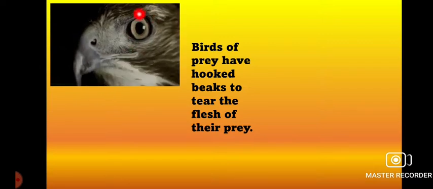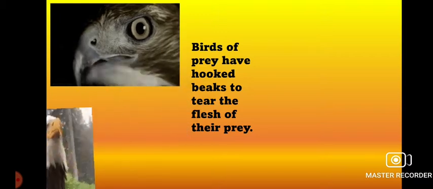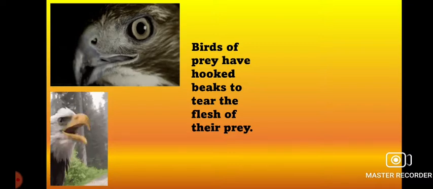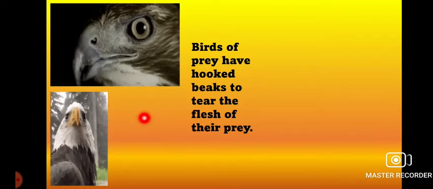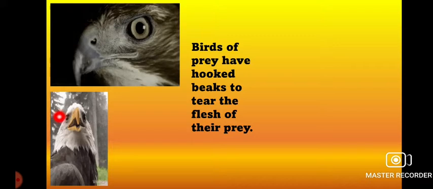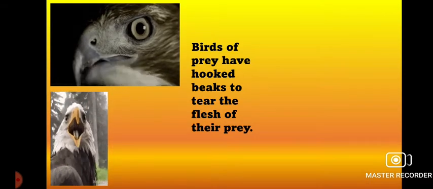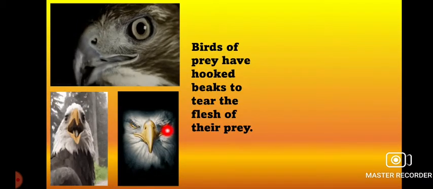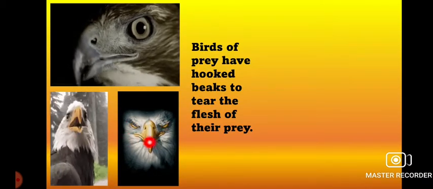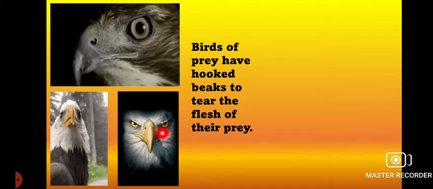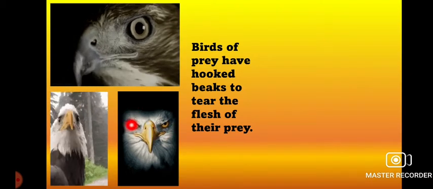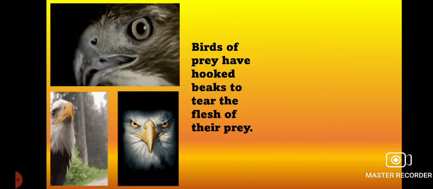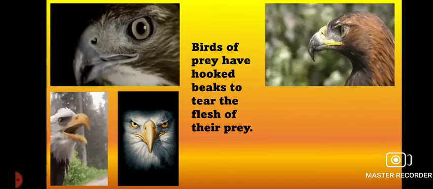Even you can see the eyesight. These birds need to have very strong eyesight so that they can locate their prey. Similarly, we can see these birds having a peculiar type of beak to take the flesh. Here you can see another bird which is a hunting bird. They have eyesight which allows them to locate the prey, as well as beaks which allow them to tear off the flesh.